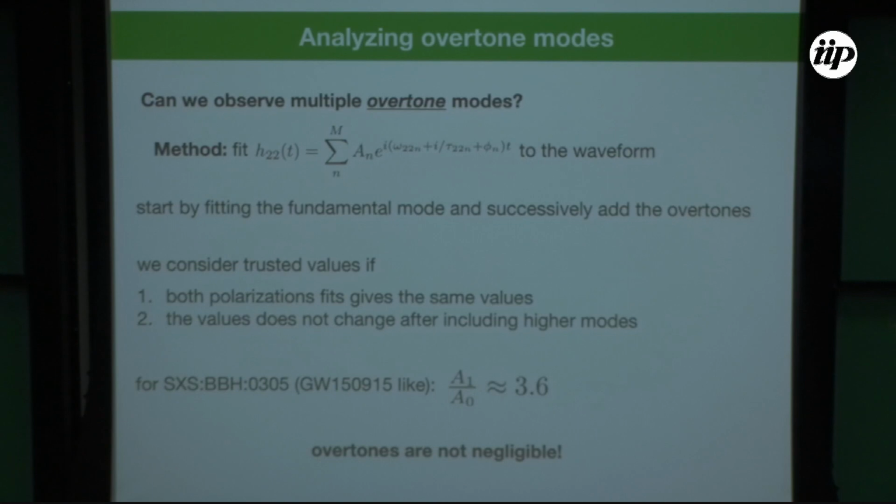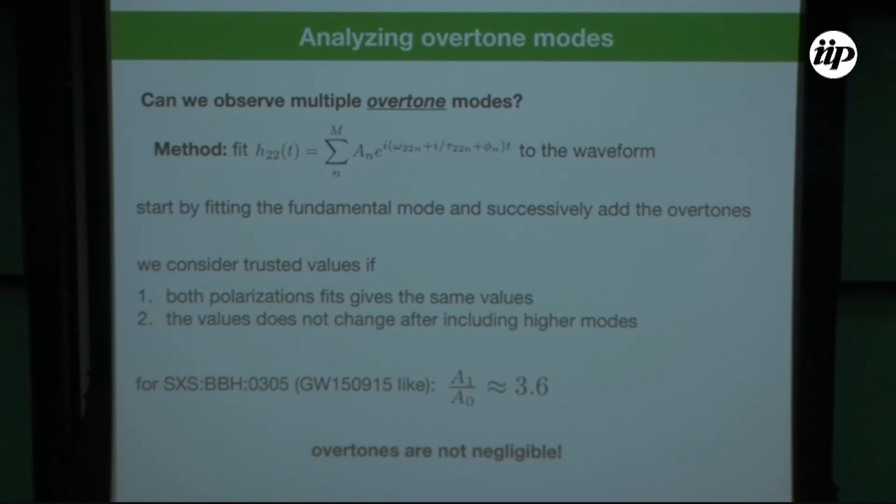If you get a different amplitude, it means that the fit is not physical, because by the mathematics of it, it should be the same. And the second condition we choose is that the value shouldn't vary when we add higher overtones. When you are adding higher overtones, they shouldn't affect the physics of the wave, but they